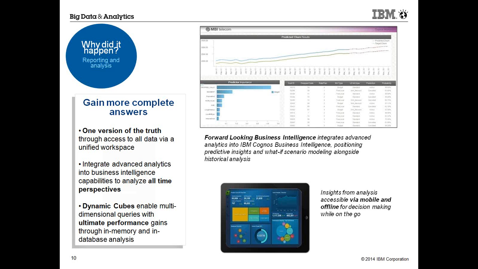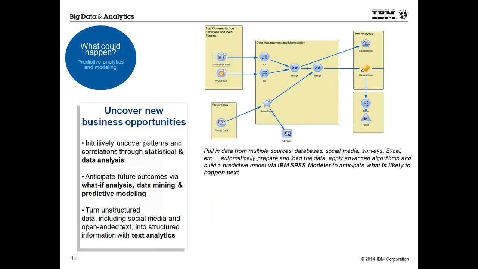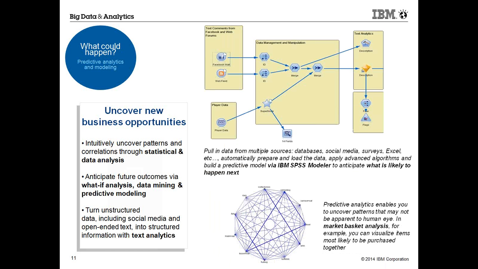And there may not be a single source over here. There may not be a simple answer and a single answer over here. It could be a compounded answer, or it could be a related answer, which will then encompass maybe 5 or 6 or 10 different entities together on why a certain thing has happened. And that is an insight which I need for me to then be able to take the right business decision. So this is about why did it happen, which is reporting and analysis. Again, the fifth V becomes extremely important over here, which is visibility of data, after coming from the veracity of data. So I'm going to move on to yet another one, which is slide 11.